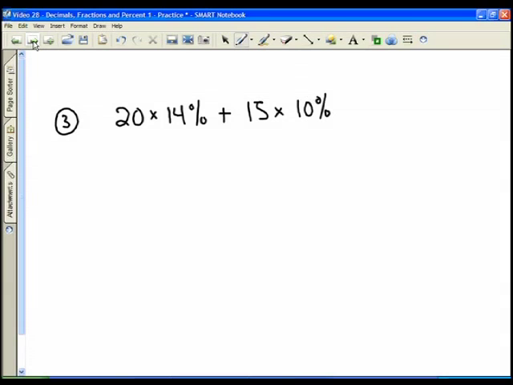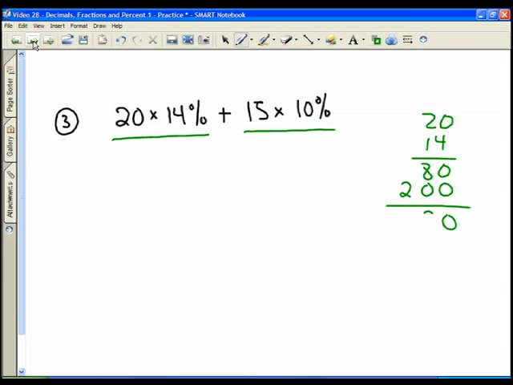And in our last problem here, now we've got 2 things that we've got to do. We've got to take 20 times 14% and then add it to 15 times 10%. So now we've got to involve our order of operations here, and I can do each one of these separately. So 20 times 14 is going to be 4 times 0 is 0, 2 times 4 is 8, I add my placeholder. 1 times 0 is 0, and 1 times 2 is 2. I add down,